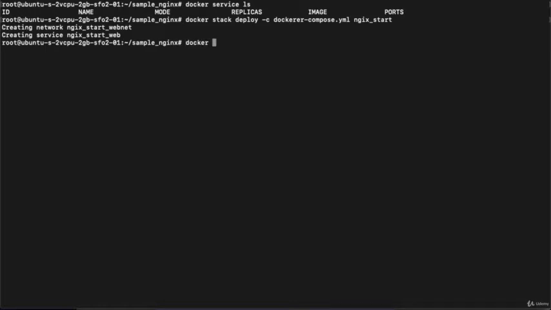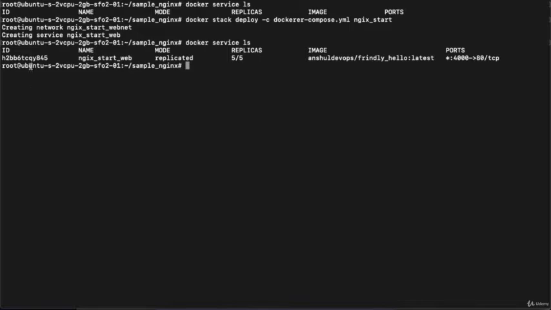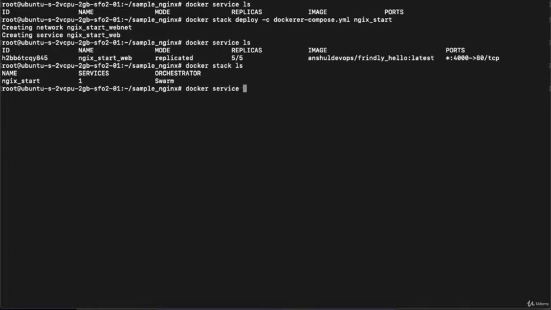If I execute docker service ls, you can see this service is running. And if we execute docker stack ls, you can see the nginx start service is running. Now we will identify how many resources are running in this particular service.